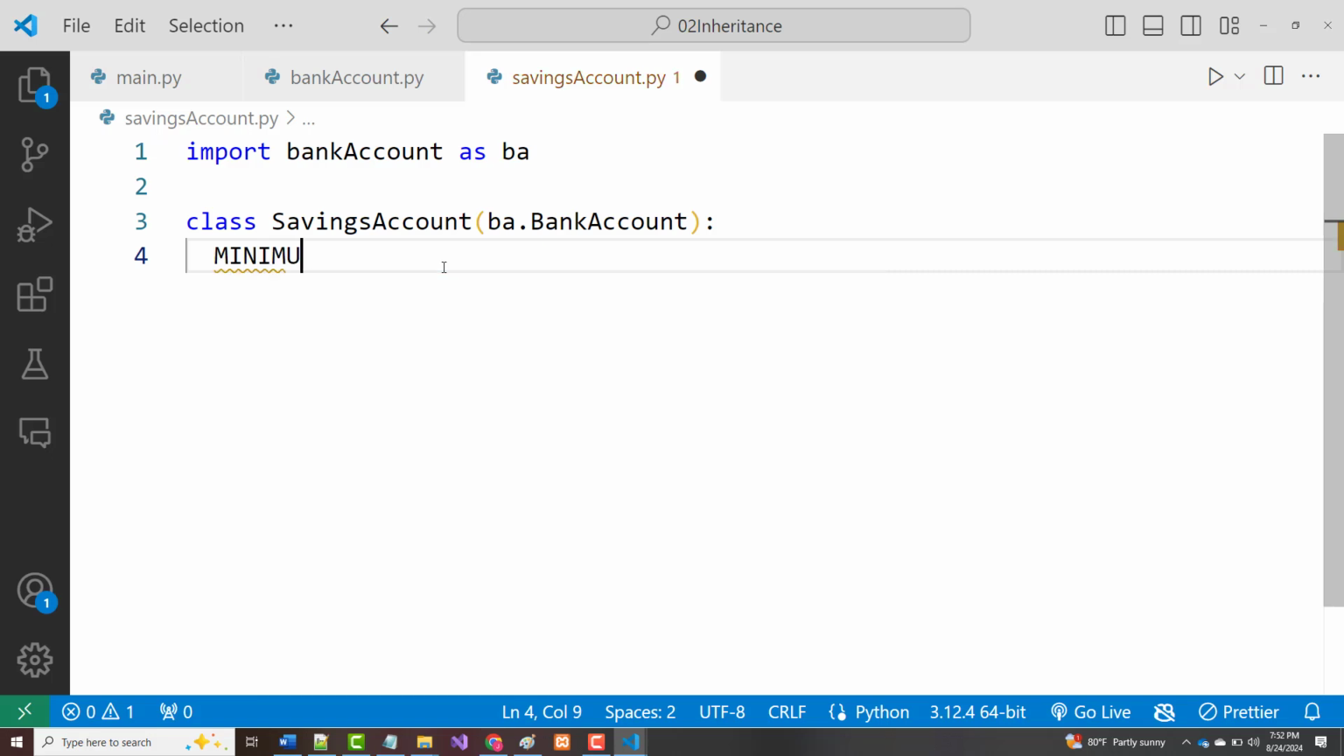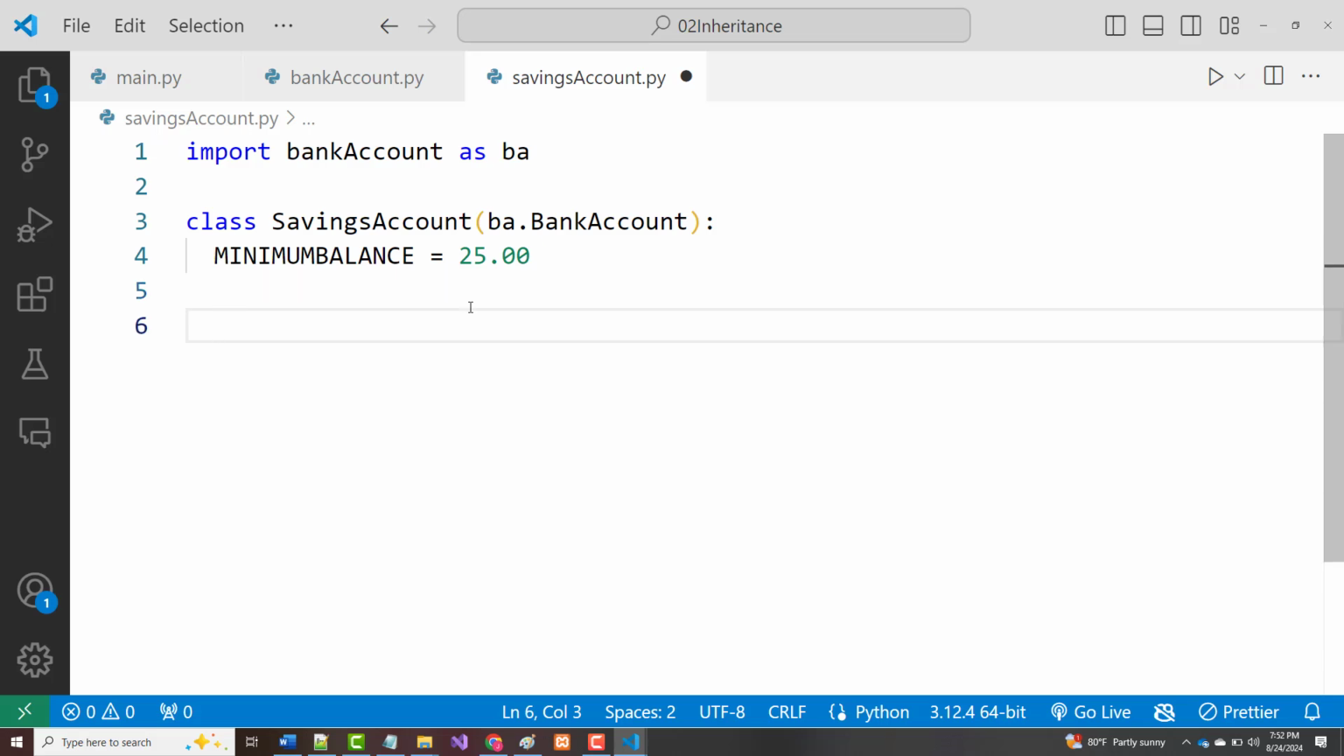So minimum balance equals 25.00. All right. Then let's start adding our methods. This isn't going to be real big. So def